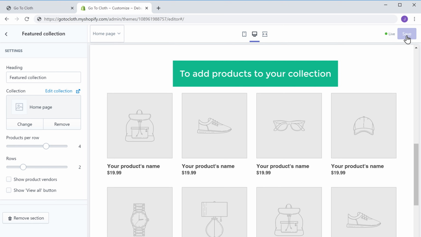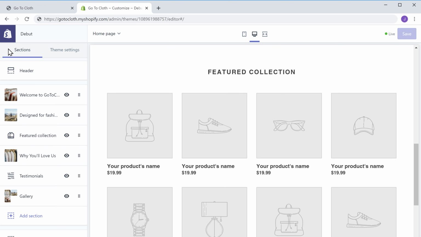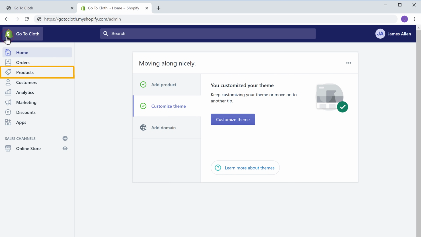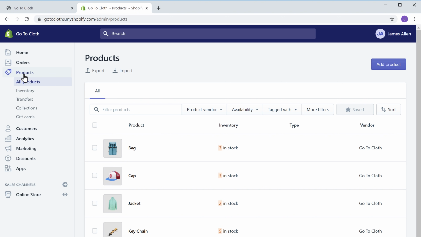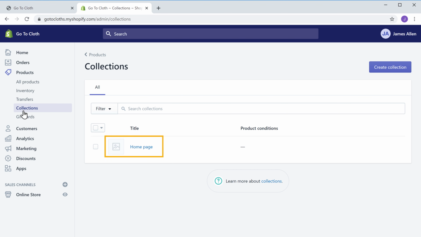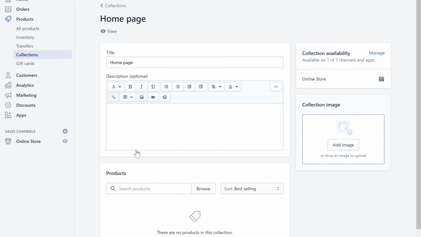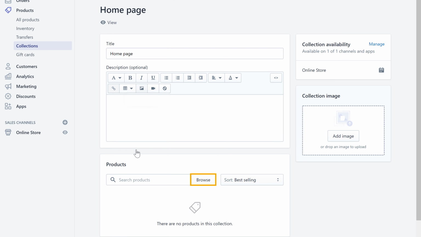So to add products to your collection, let's go back by clicking here and click Shopify. And then go to Products and click Collections. Now choose Homepage and scroll down. Here, click Browse